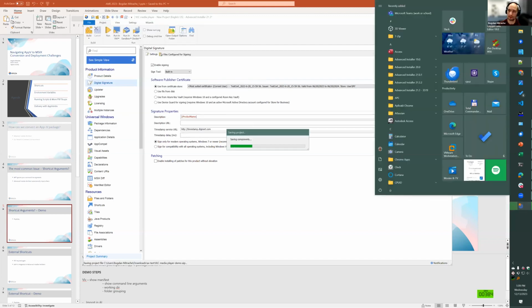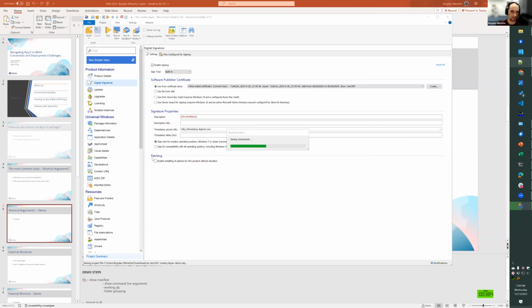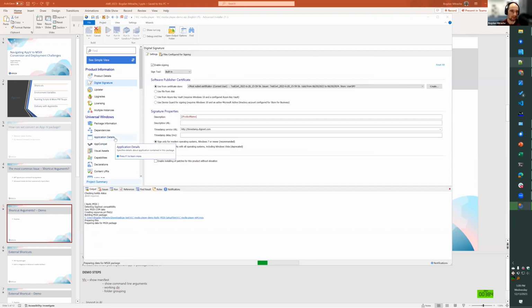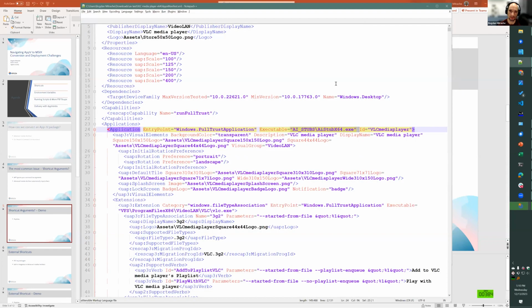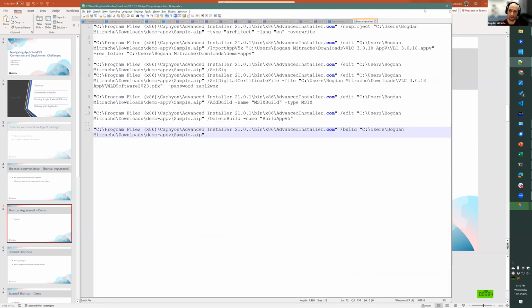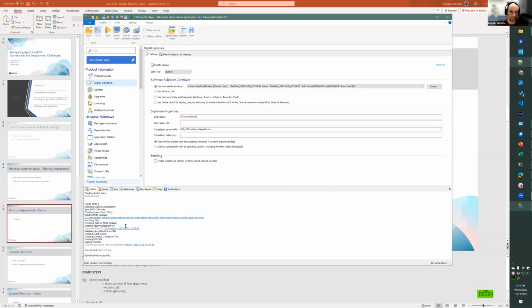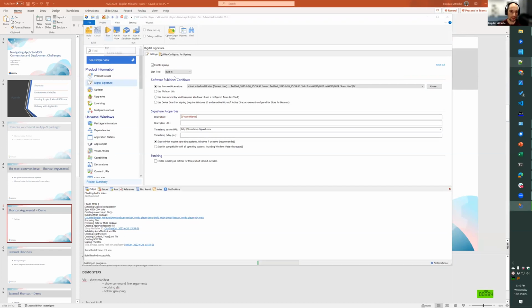Let's see. Okay, so I have uninstalled the previous version of the package. This way you get to the package build for one of your tests just to see it. As I said, when you want to automate this for multiple applications, you just use our script. It's available. We have an article online on this, and we'll link it in the description of this recording when it's published. Or if you can't find it, just email us at support@advancedinstaller.com and we'll share it with you. Okay. And let's run this package